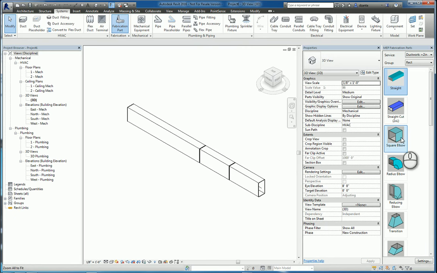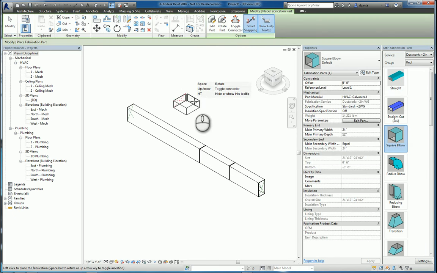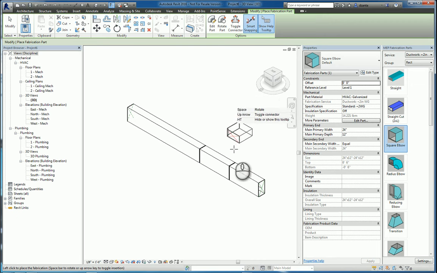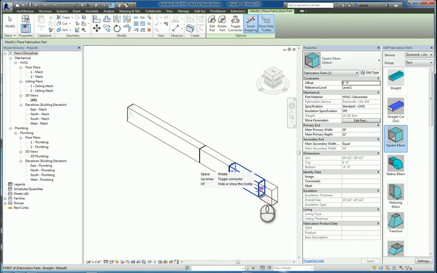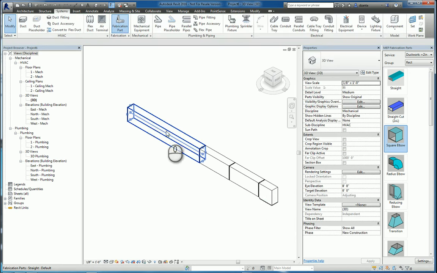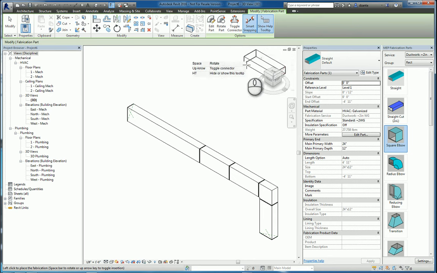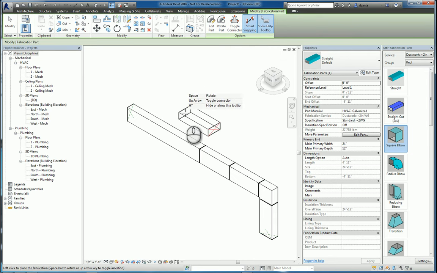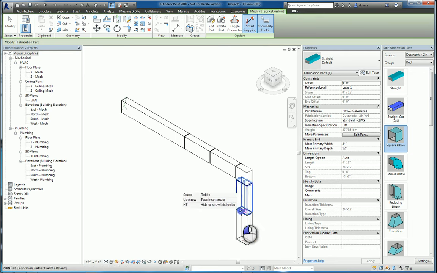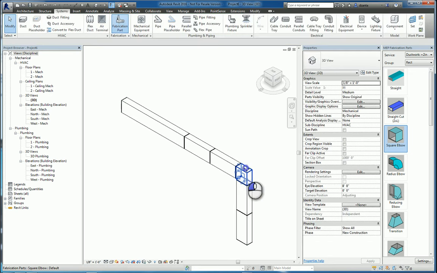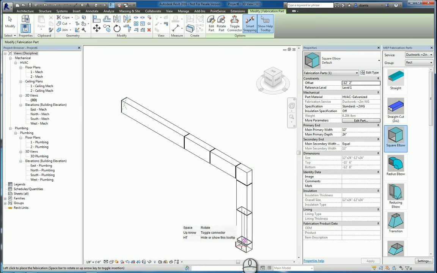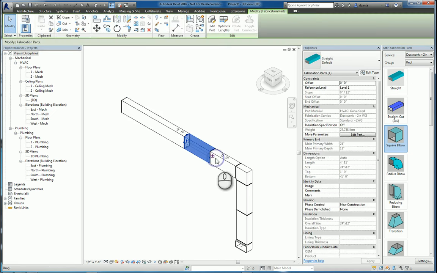When we're working with these tools, we can see that we can use the space bar to flip the orientation of these parts. And if I go ahead and I click here, right now it's telling me that that elbow that I'm about to place is such that the continuing ductwork will go straight down. So let's just leave that. I'll finish this one and I'll create another one. And as you can see, it'll snap into place, okay, because smart snapping is turned on. Help tool is also turned on because it gives me the information heads-up display. And I can go through and I can start building my system the way that I want. And let's just build a couple more,